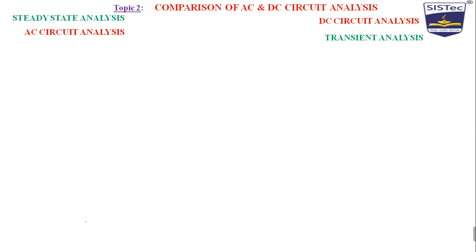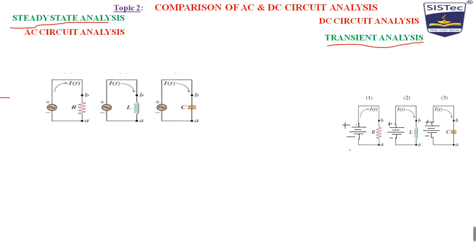Okay, AC circuit analysis is also known as your steady state analysis. This is the word, steady state analysis. And DC circuit analysis is the word transient analysis. In the last video also I have told you that in DC circuit when this term will come then it is known as transient. So you are familiar with this circuit, with this resistance R, L and C, and with this R, L and C, what I am doing, I am providing first an AC source, then a DC source. Then let us see what happens.